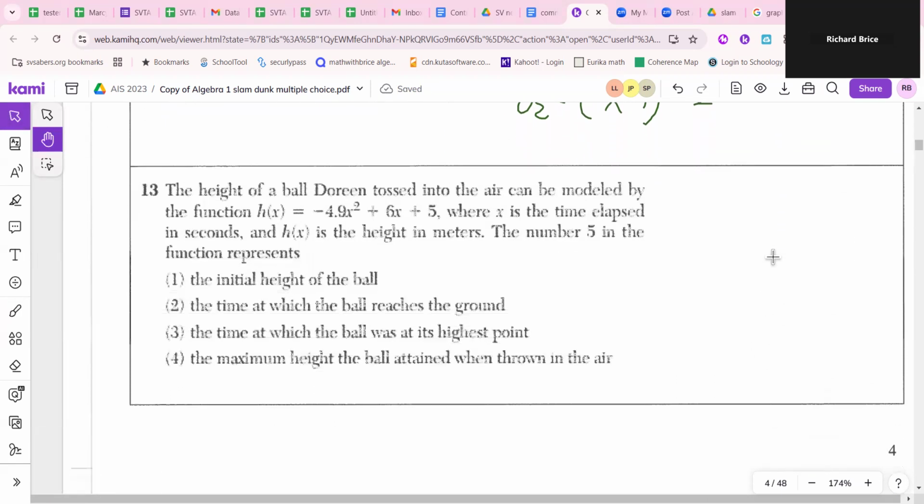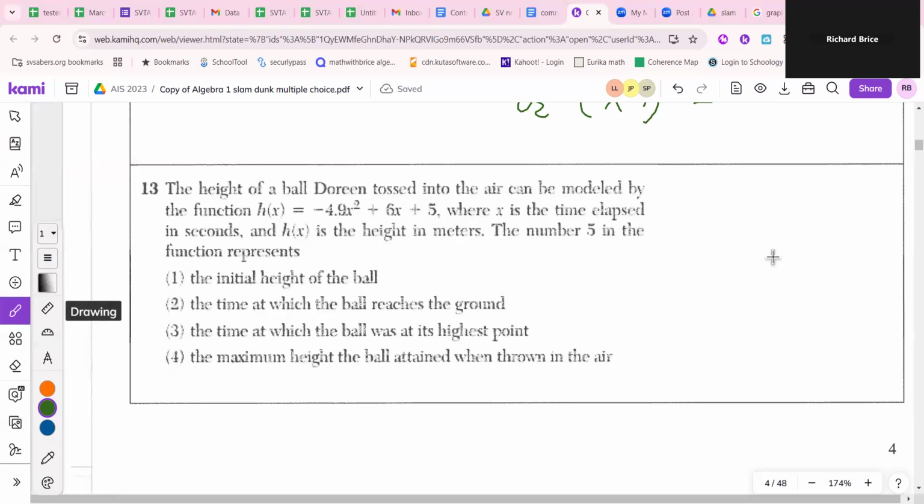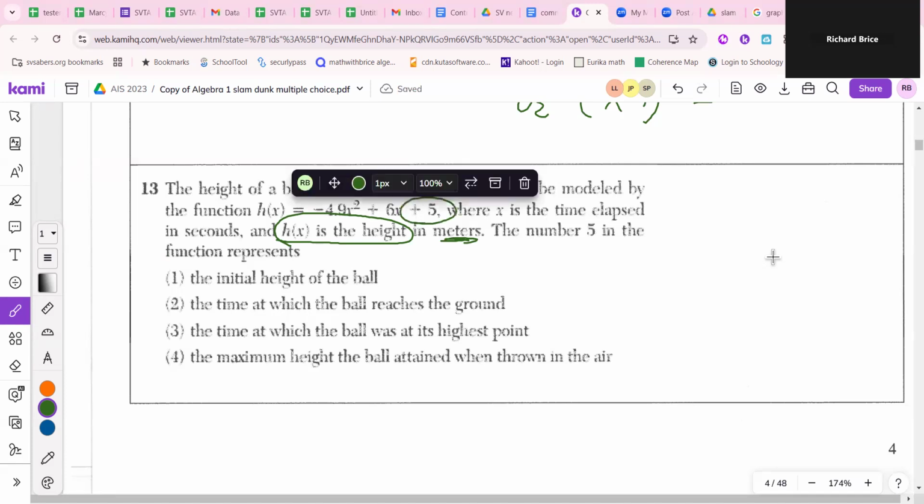Number 13. So this test is kind of strange because usually it's 1 through 8 and then skips out. The height of a ball tossed in the air can be modeled by the function negative 4.9x squared plus 6x plus 5, where x is the time elapsed in seconds and h of x is the height. So now we know that h of x, which is also known as y, is the height in meters, and we have time. The number 5 in the function represents